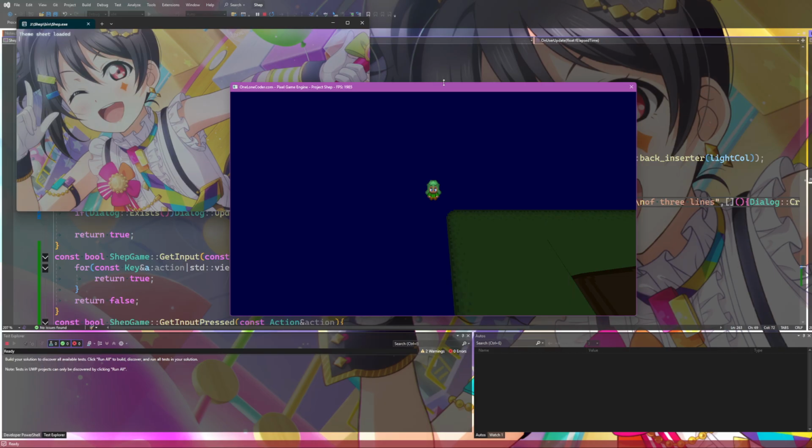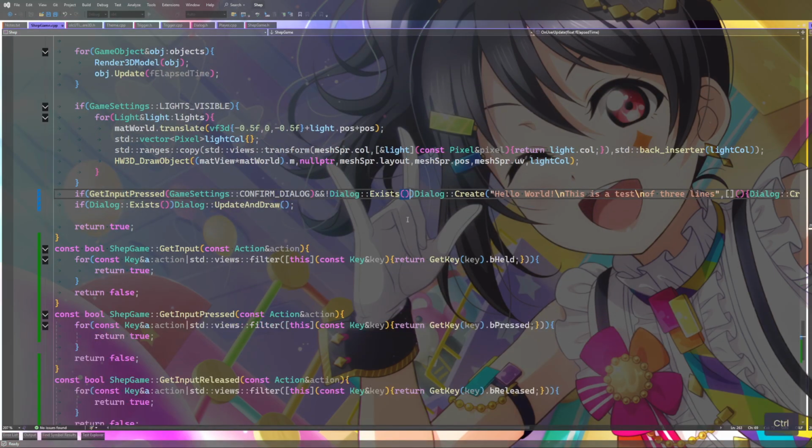Okay, it just closed. It's not supposed to close. It's supposed to continue to the next dialog because we have this lambda here.